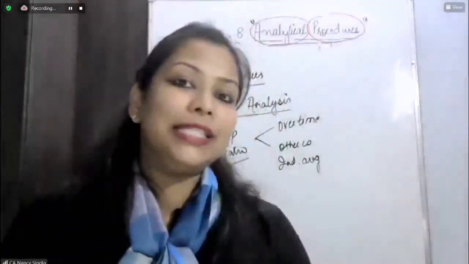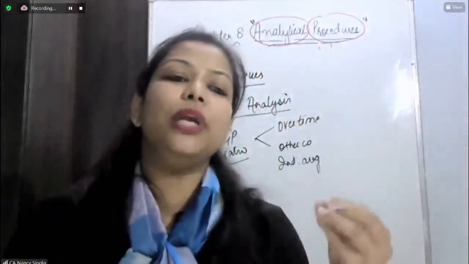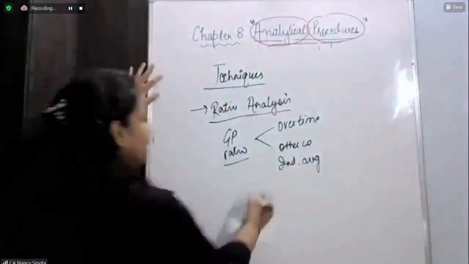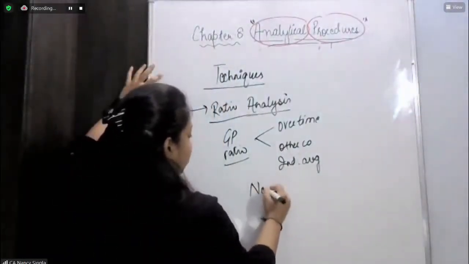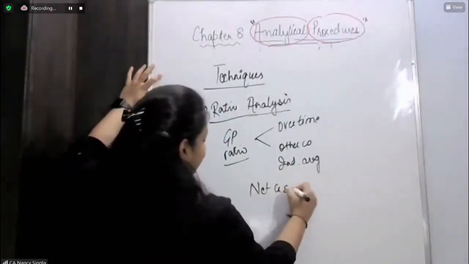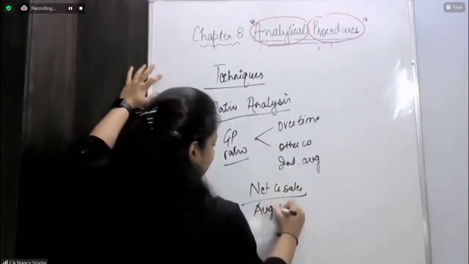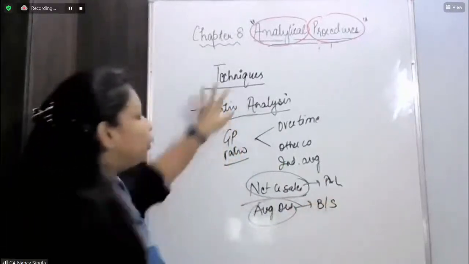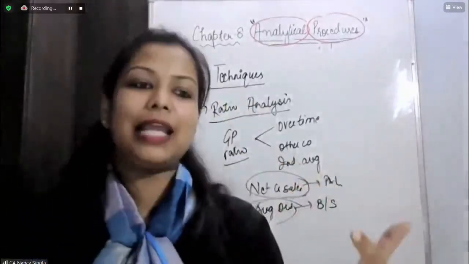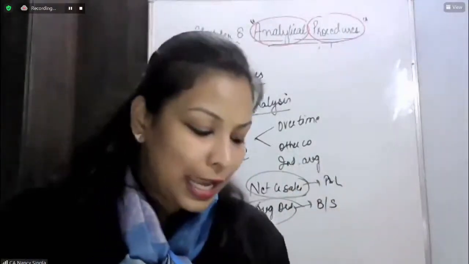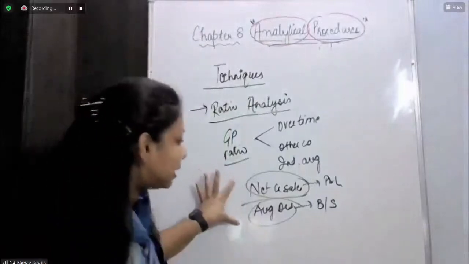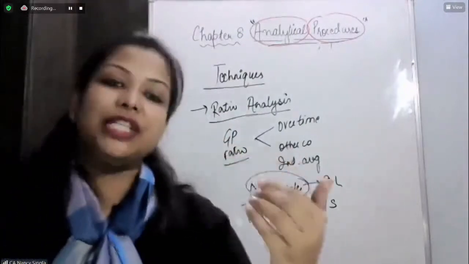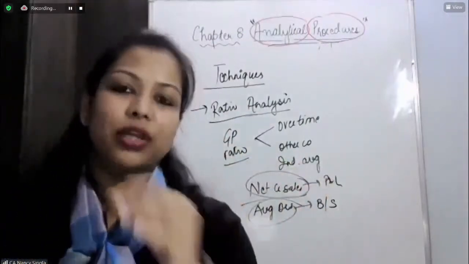Okay? So it says that ratio analysis, you can do it with respect to assets, liabilities, incomes and expense. When you are calculating the debtors turnover ratio, you are taking the net credit sales over the average debtors. So here one is the P&L item, one is the balance sheet item. So it says you can calculate any ratio using the asset, liability, income or expense amount. And obviously you will consider the ratio where a relationship exists. As we saw that with respect to wages and sales, there can be a relation that okay, for itna sales,